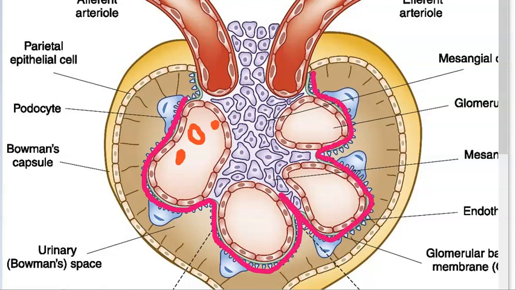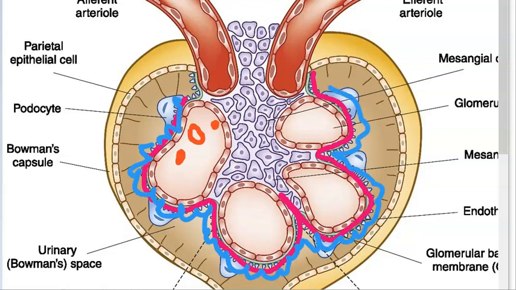And then outside of this, you have the podocytes. What do you have outside of it? You have the podocytes. Okay. So how is the urine getting formed? From the blood, all the urea is being removed and everything is coming like this and forming urine, right? This is how the urine is getting collected.